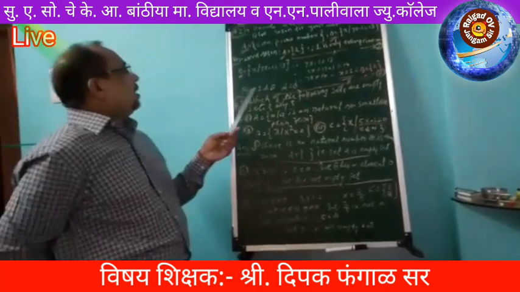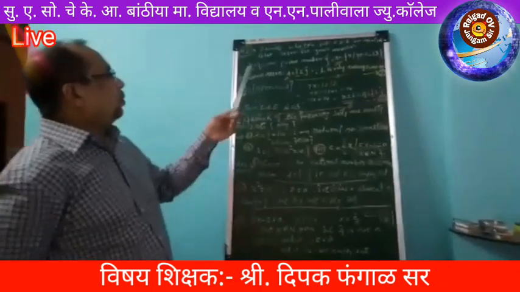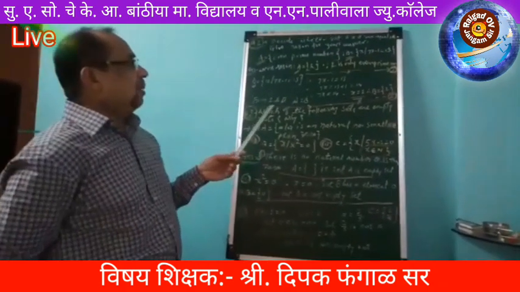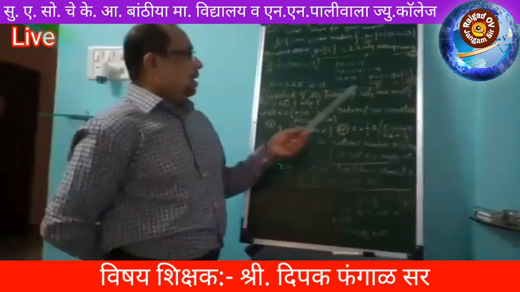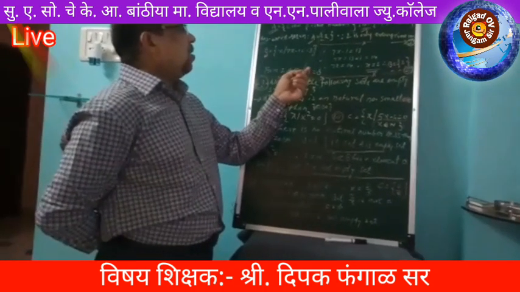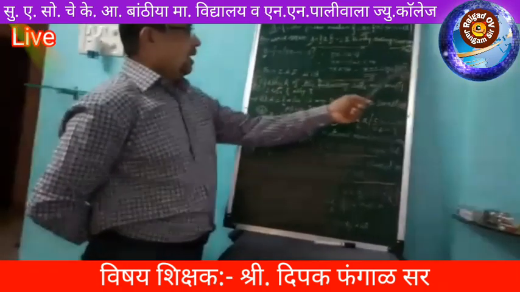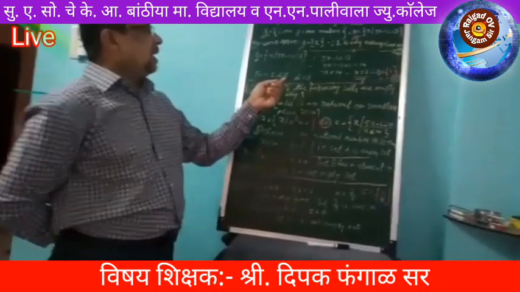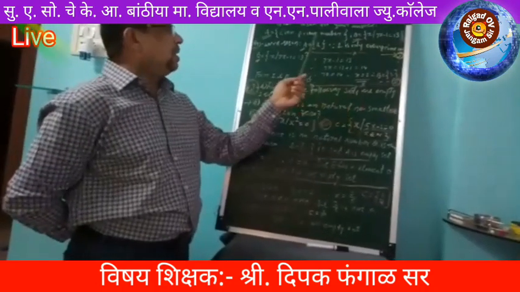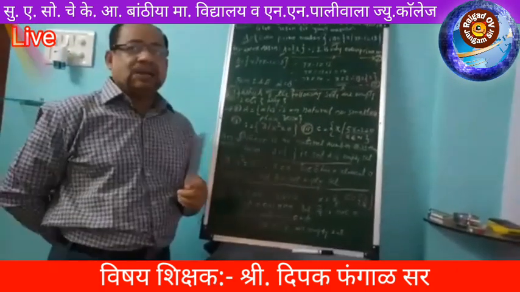From equation number 1 and 2, A equals B. It means that here also set A and set B are equal. Why equal? With the help of the definition: if all the elements of set B are contained in set A and all the elements of set A are contained in B, then we say set A and B are equal sets. It means that A equals curly bracket 2 and B equals curly bracket 2. Both the sets have the same element, hence both the sets are equal.